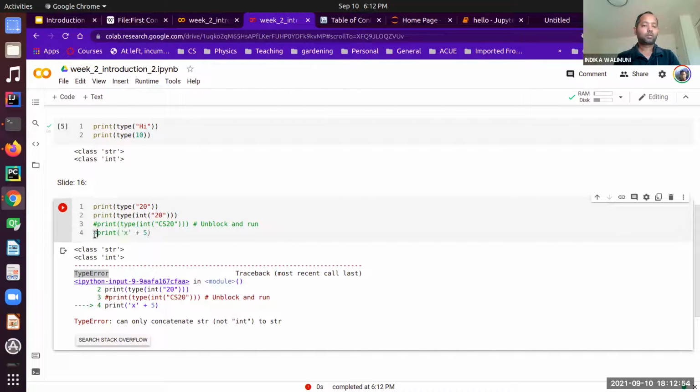Okay. All right. So for you to test, you have to unblock and run. So to unblock, I think this should work. Yeah. So you can toggle this blocking and unblocking by simply